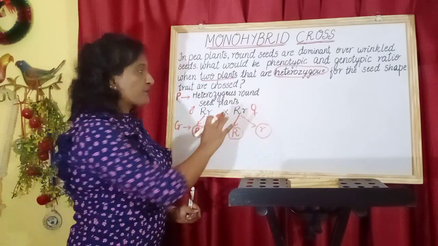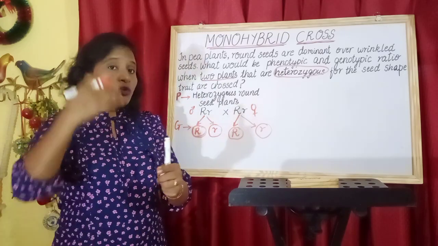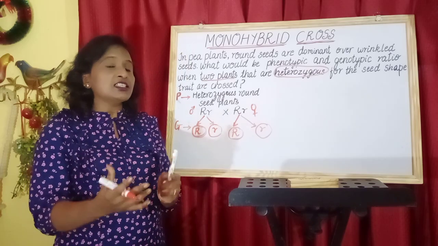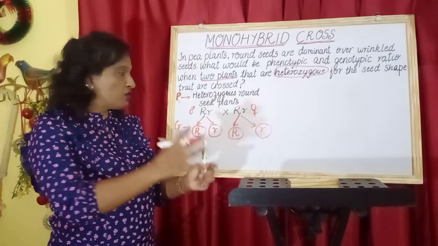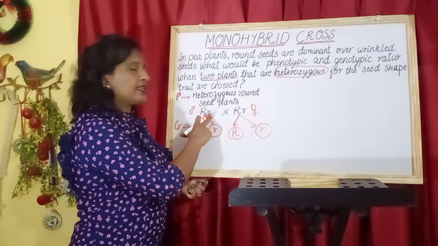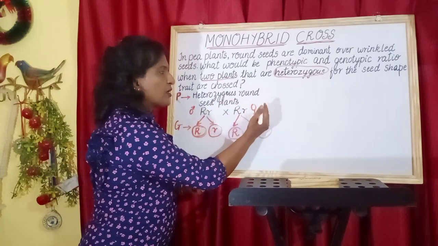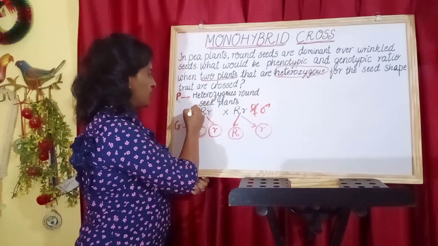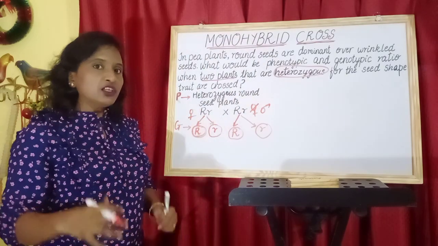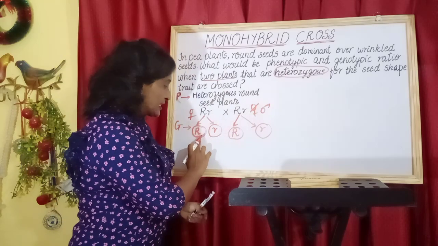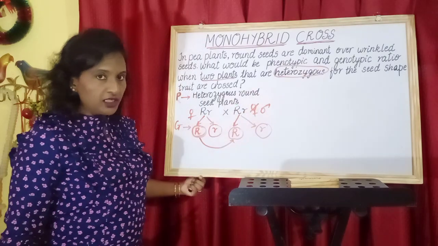Also, we should remember that since these characteristics are present on the autosomes, they are not present on the sex chromosomes and are not sex linked. Those characteristics are located on autosomal chromosomes. So either I can take this parent as male and the other as female, or vice versa. When we are finding out the offspring, a gamete from one parent will fertilize with a gamete of the other parent.